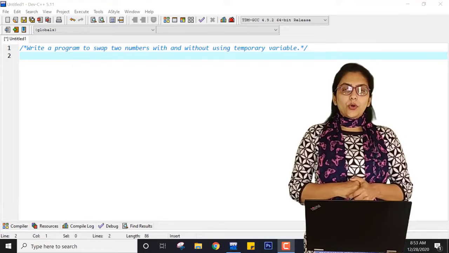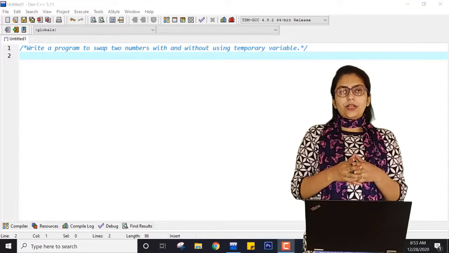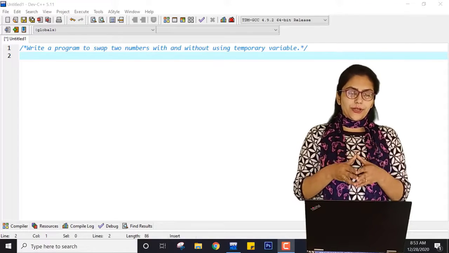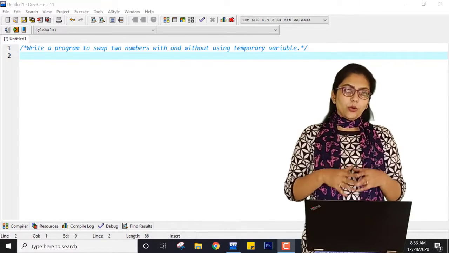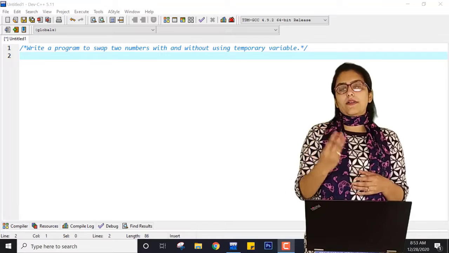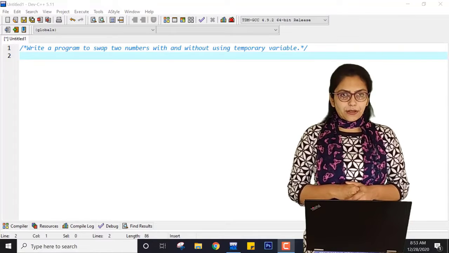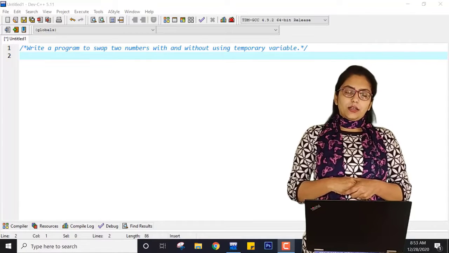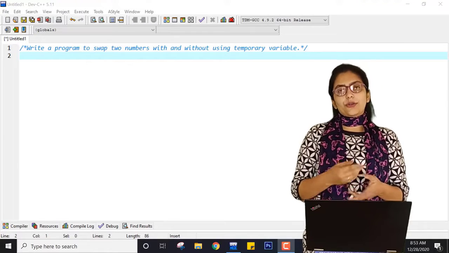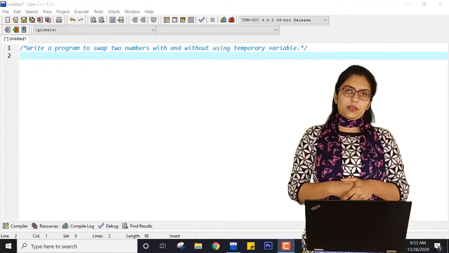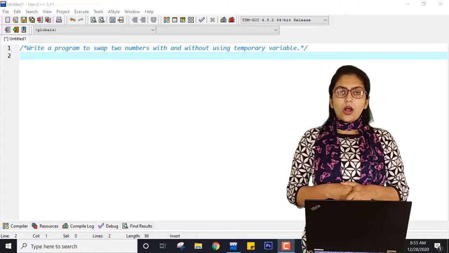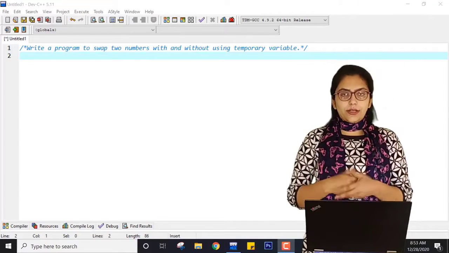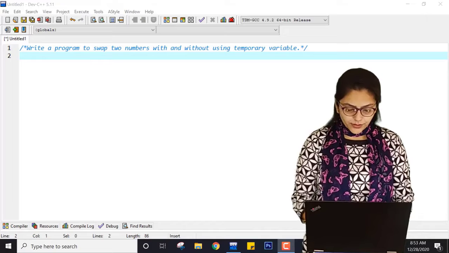Right? So I'll also show you what exactly students misinterpret in this program. This program can be done in two ways. One, using a third variable, that is called temporary variable, and another approach is without using any kind of extra variables, right? So let me just show you. First I would like to show how students misinterpret this aim. So for that, first I need to